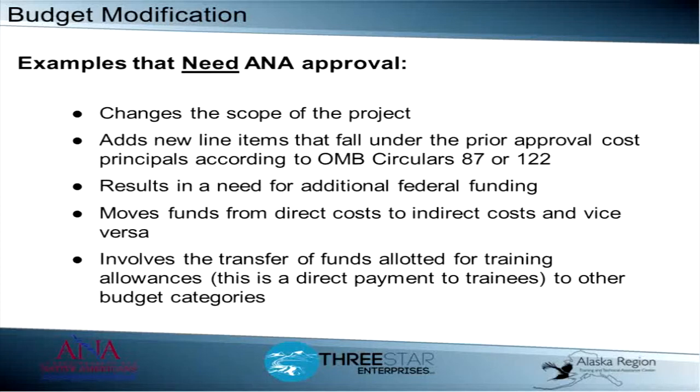The change results in need for additional federal funding. An example would be as a result of some unexpected water sample results which could prove harmful to the community, you want to run further tests and send them out to a third-party lab for testing, but your project did not account for these tests or the funds to cover it. You work with your program specialist and it can be considered for approval.